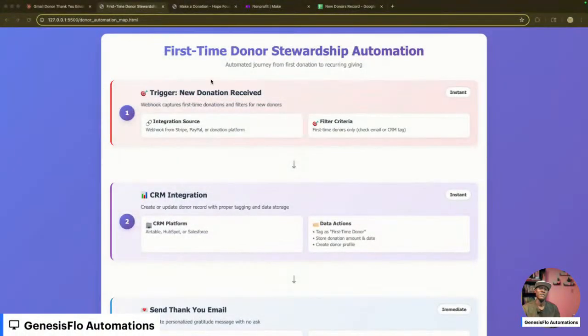Maybe you are a church, or maybe you have a cause that you want people to be able to give to, but you're just not getting it. I want to help you solve that with automations. Let me show you the process that we're going to go through. This is an automation that will help you solve the donation stewardship problem, wherein you are actually losing your donors because you're not doing certain things. I will show you how to do 3 steps in this process.